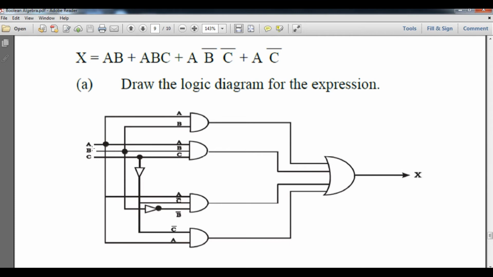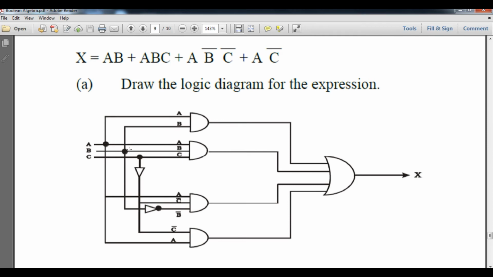So here A, B, C, there are three signals, okay, and this dot represents the signal is spread, one in this part and another one in this part. Same way B, this is the signal spread in the B part, here is B and here is again B, okay. Same way A signal, first of all we will solve this particular AB. So AB means A dot B. A and B will be attached with the help of an AND gate. So we have taken A, so A passes through this particular circuit and B also, that is the final output AB of this particular gate, that is the AND gate.